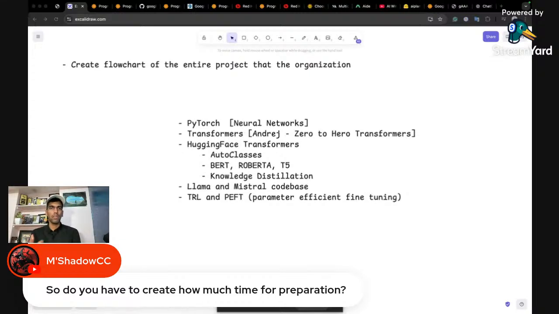But the only thing is you can select 6 months if you have previous experience. If you don't have previous experience, getting the framework knowledge and building a new project might take some time. So I'm talking from the perspective of you already having some experience. If you have experience, then it is around 5 to 6 months. If you don't have experience, then it might also take a year. You don't know.